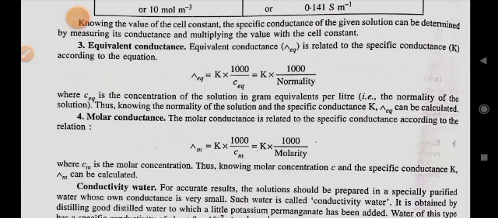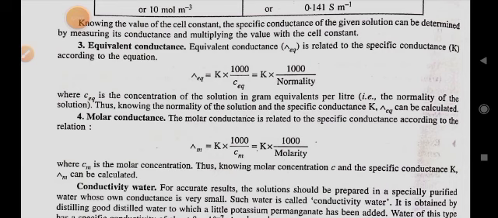Equivalent conductance lambda EQ is related to the specific conductance according to the equation lambda EQ is equal to kappa into 1000 by C EQ, which is equal to kappa into 1000 upon normality, where C EQ is the concentration of the solution in gram equivalent per liter, that is the normality of the solution. Thus, knowing the normality of the solution and the specific conductance, lambda EQ can be calculated. The molar conductance is related to the specific conductance according to the relation